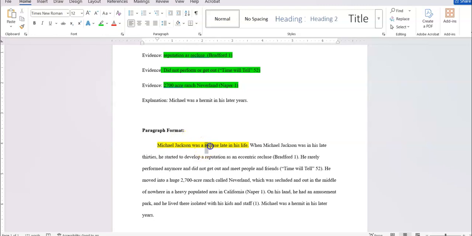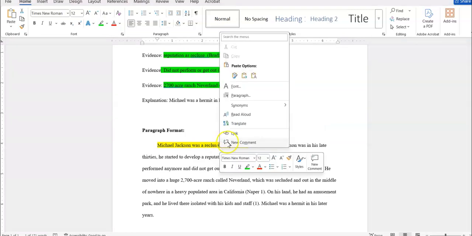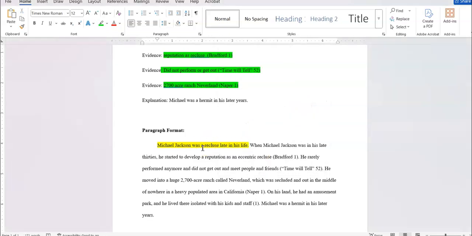I don't want to use the word recluse again, so if I highlight that word, I can see the synonyms for that, and it will change that for me. So that's the way I would do it. If I had a word and I didn't want to come back, and it's okay, you could come back with the word recluse here, I guess, if you want it. That would wrap it back around. A lot of professors don't like that. Want that other word in there.